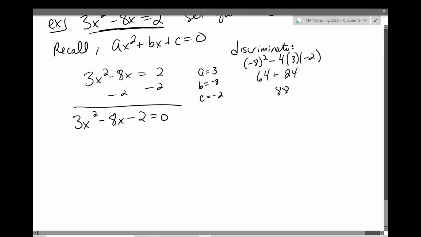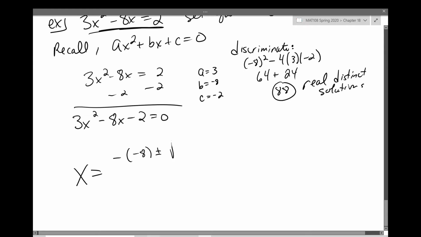All right. So I know I'm going to get real, distinct solutions. All right. Here comes the fun part. Quadratic formula time. So I get negative